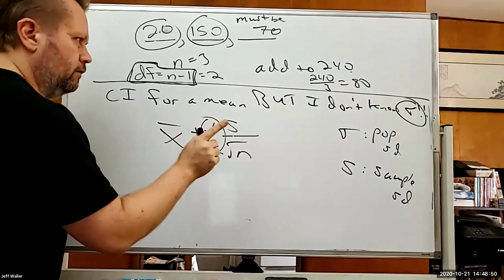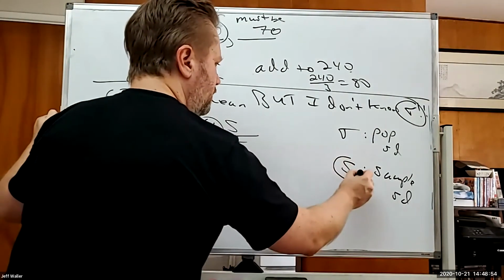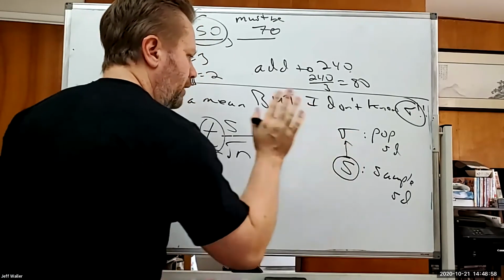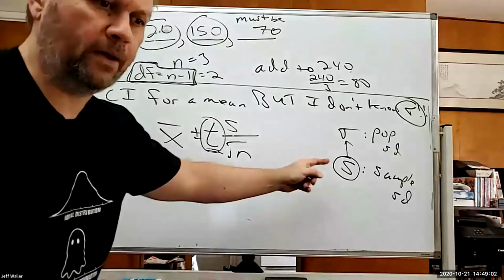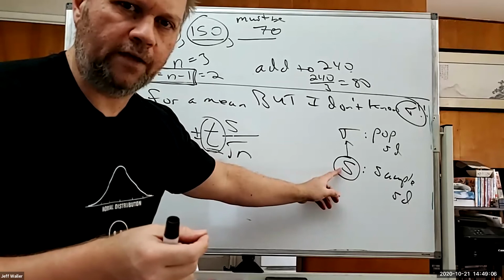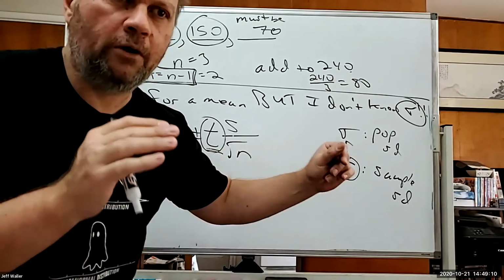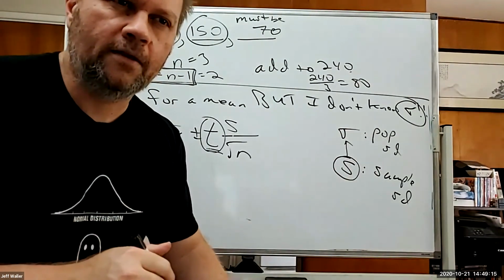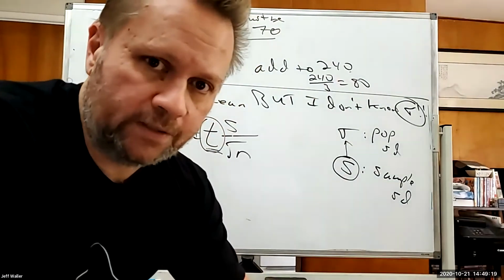Let me ask you, when am I going to be more sure about this? When is this going to approach that? When do I feel better about this? What's got to happen for me to feel better about the sample standard deviation? When would I not trust it at all? What would be true for me to not really trust it much? Less than 5. Okay, I like it. You don't have to be that specific. A very small sample, I'm not going to trust it that much.